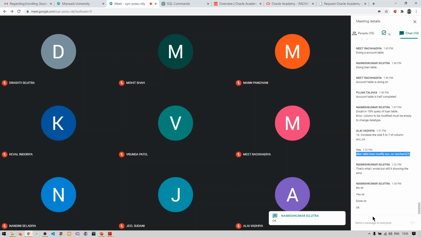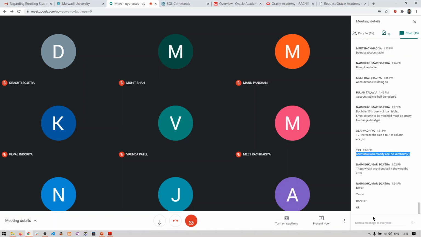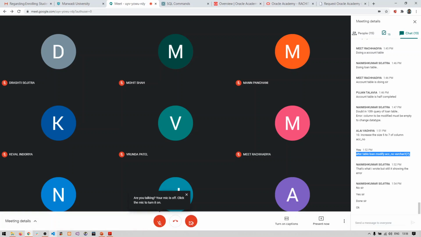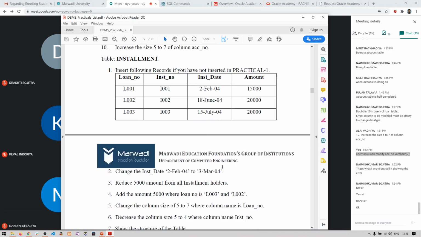Any other questions, any other queries from anyone? Yes, students, any other queries? If everyone can roll down to the installment table, query number 4.